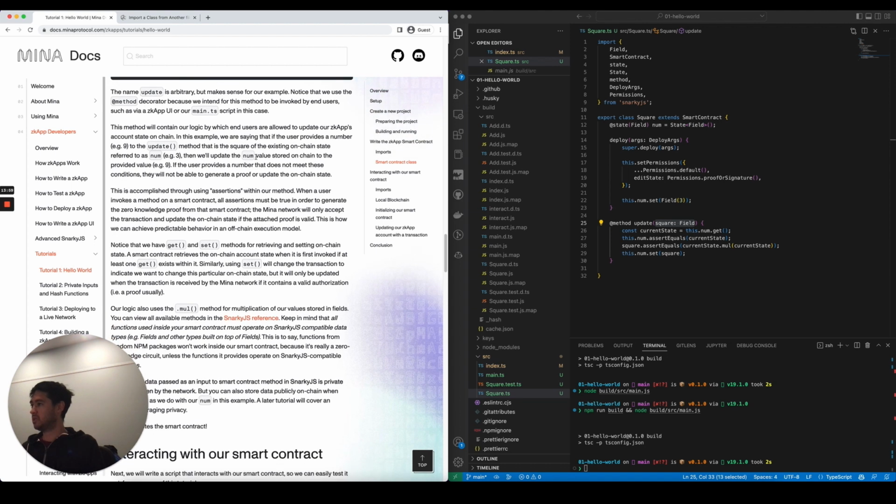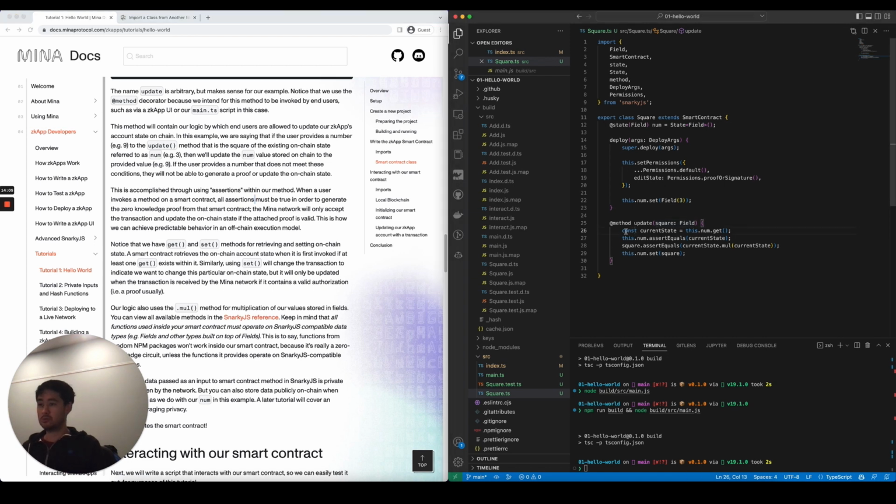And that's basically what I've been saying. Okay, I'm not gonna read this tutorial. I'm just gonna read the code here. It's usually pretty clear, so you don't really need to have a PhD in zkApps to understand what's going on. So, okay, current state is our state, right? We're getting the num field of our states. This is how you can read the state of the app. And you're making sure that it is equal to